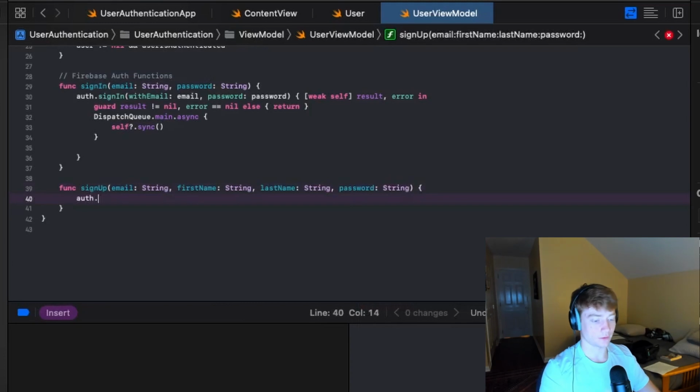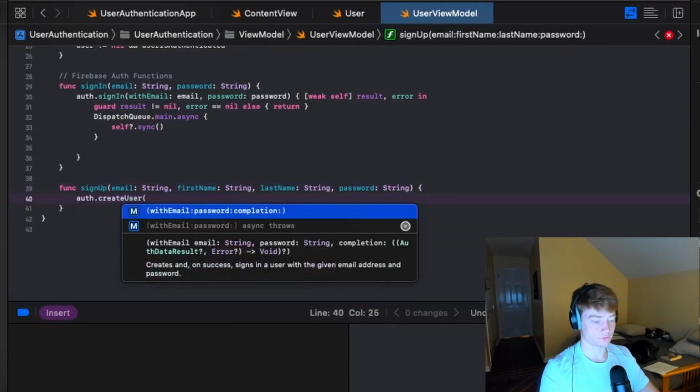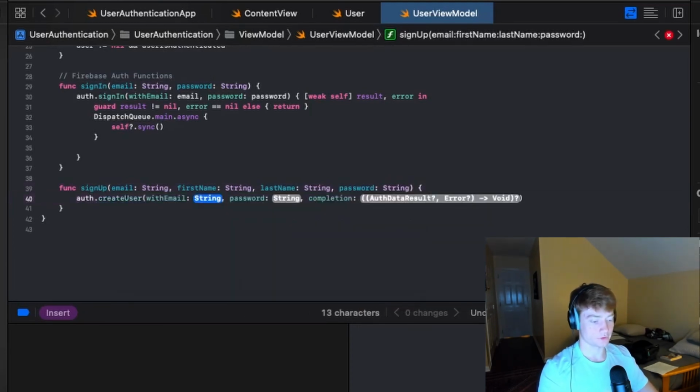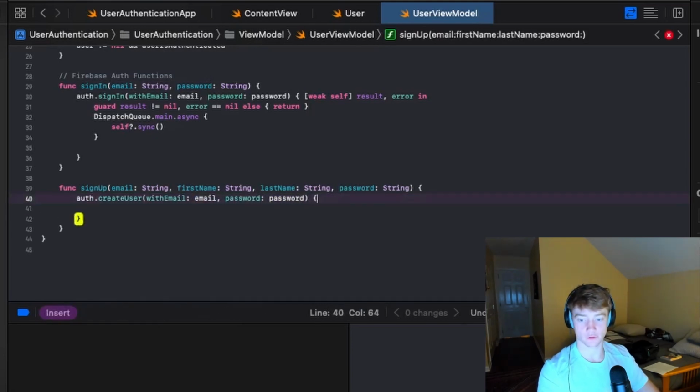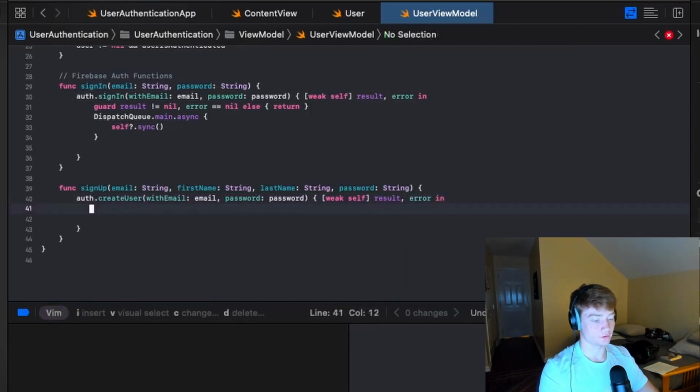Okay, now we'll do auth.createUser with email password. So this time we'll do email, we'll do password, and once again we'll get rid of this completion argument and we'll just pass a closure. Once more, do weak self and result, error in. We can just copy this check right here,